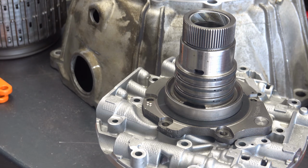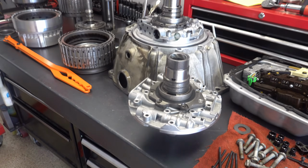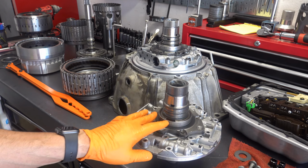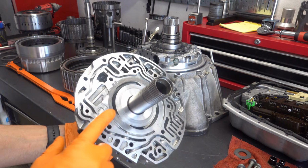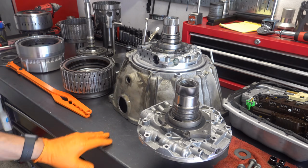So if you have a 2006 through, I'd say, early 2009, 2010 vintage 6L80 or vehicle with a 6L80 in it, and you go to overhaul, you'll want to pay close attention to, among other things, the stator design. If you have an early design stator like this, then you'll want to retro back a late second design stator pump cover assembly onto your bell after you do all the machine work, like I mean, as you can see, this thing's scored up to high heaven. It would need to be resurfaced, but